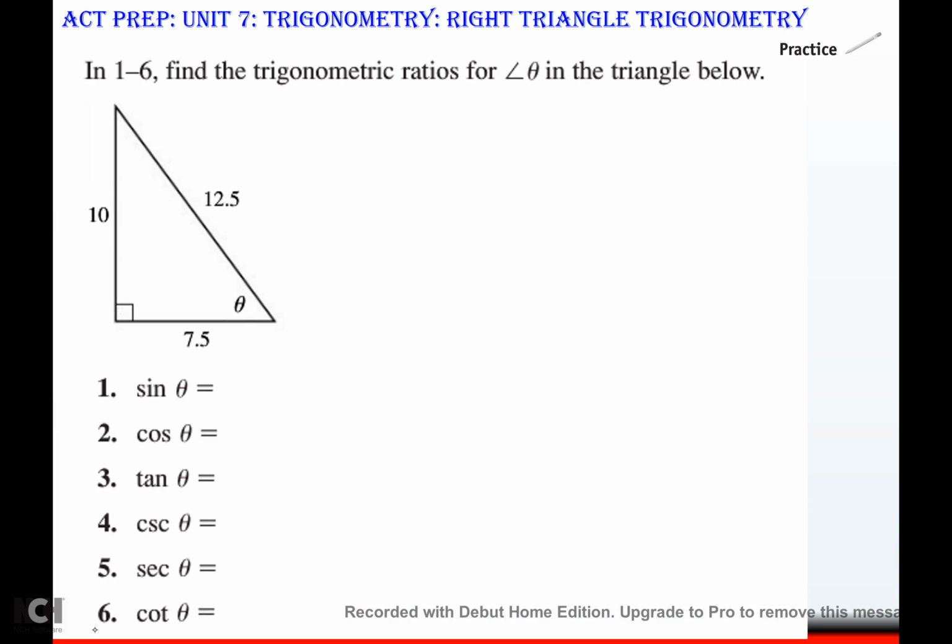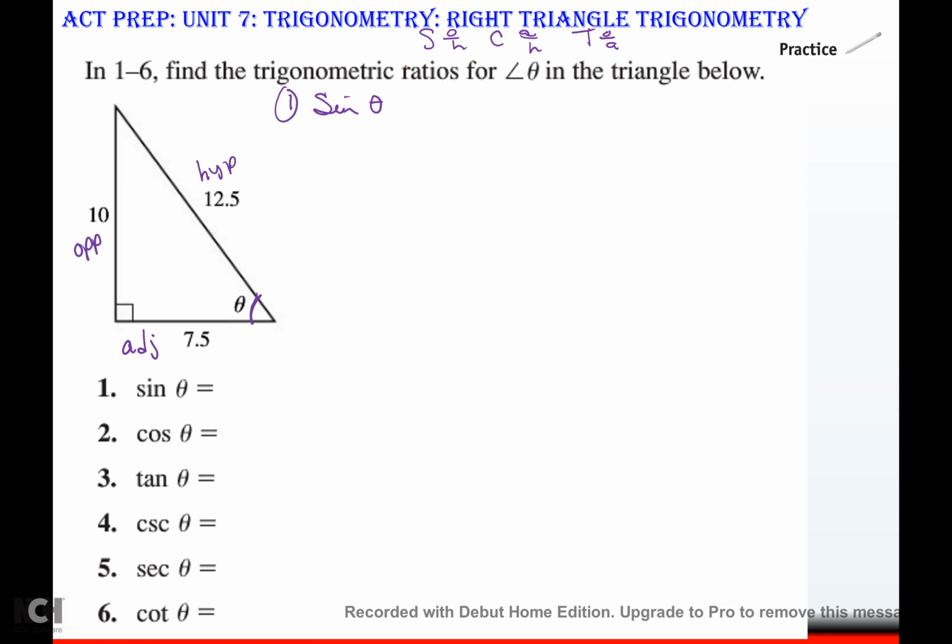All right, so some more examples. They want me to find all 6 of them. Well, I'm going to do it in the same order they did it. Number 1, they want sine theta. So they're telling me I'm working from here, which makes this adjacent, this opposite, and this hypotenuse. Well, sine, again, if you put your little thingies up here, I have Soh-Cah-Toa, and then underneath,